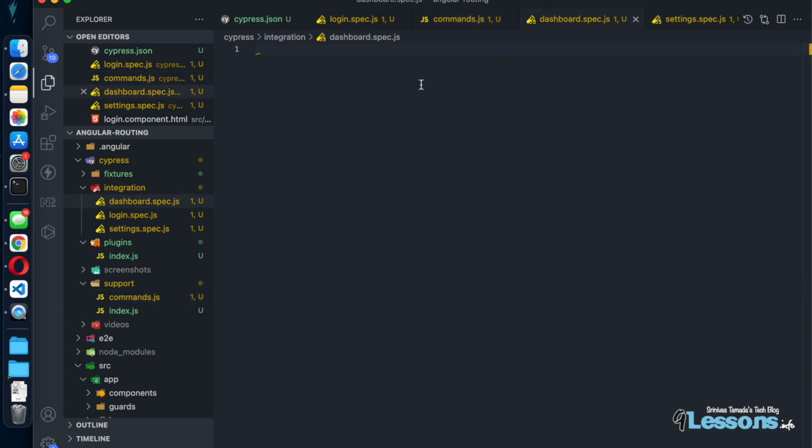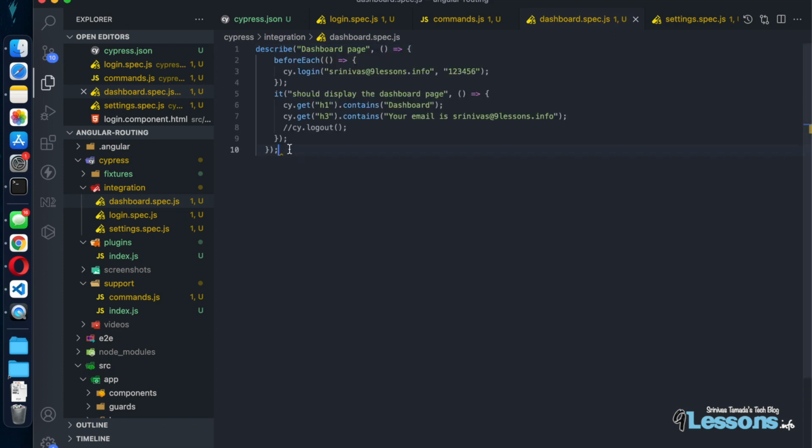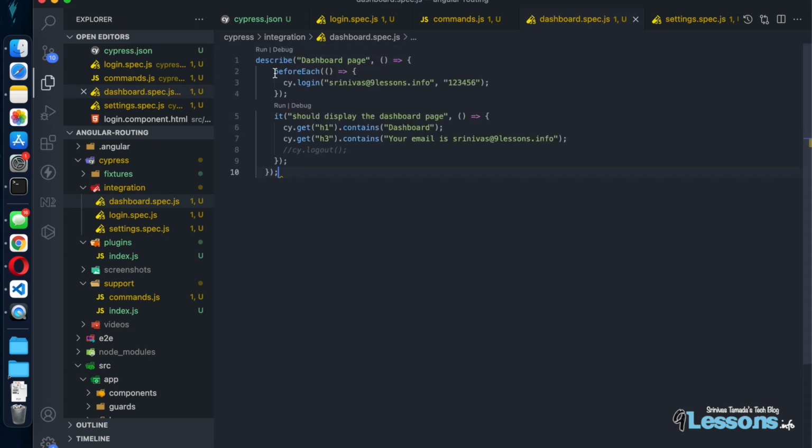Now let's start this dashboard.spec.js. It's the same way again. It's a describe method, and before each you are using cy, and if you want you can pass this information, but right now we are directly calling this. So for every page we need a successful login, and then you have to see whether the dashboard